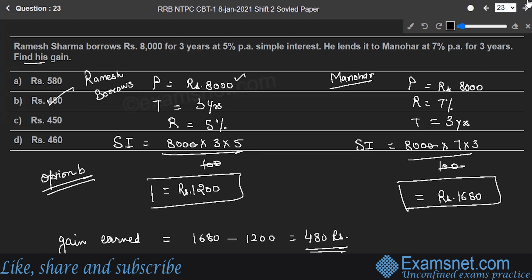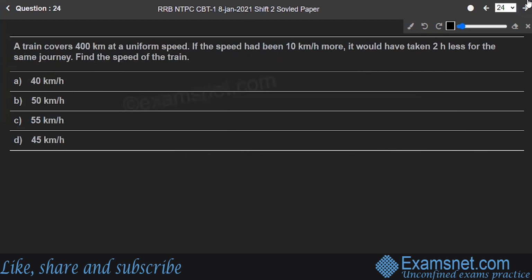Hope you got that. Next is question number 24. A train covers 400 kilometers at uniform speed. If the speed had been 10 kilometers per hour more, it would have taken 2 hours less for the same journey. You have to find out speed of the train. So you are given distance is equal to 400 kilometers. Let speed be S